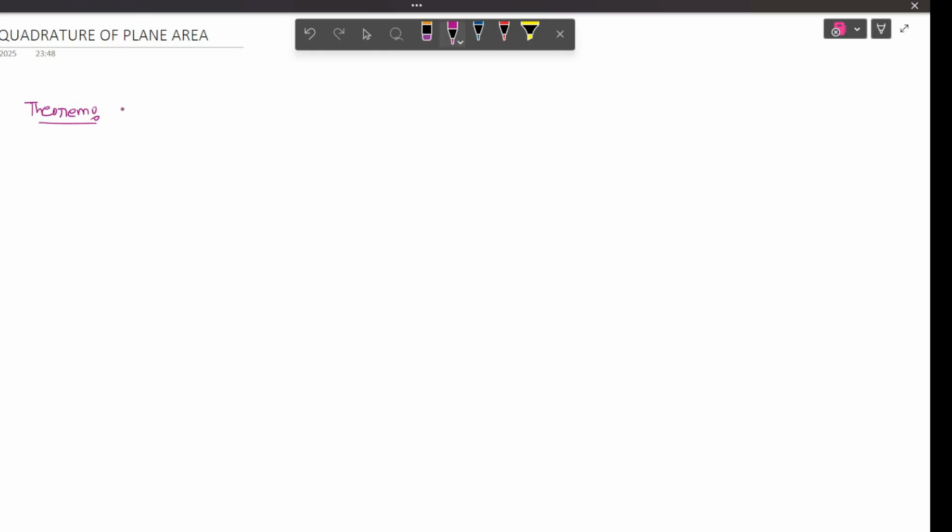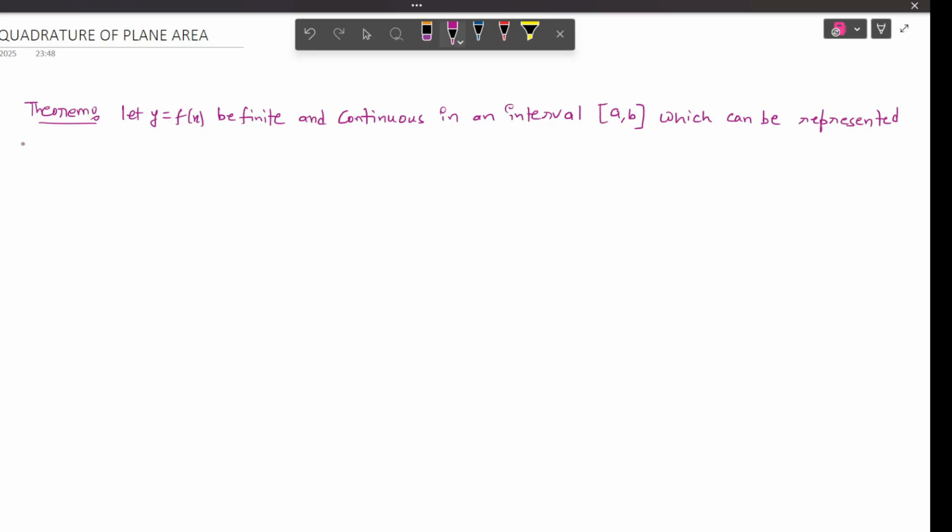So our theorem is: let y equals f of x be a function, finite and continuous in an interval a comma b, which can be represented graphically by a curve. Then